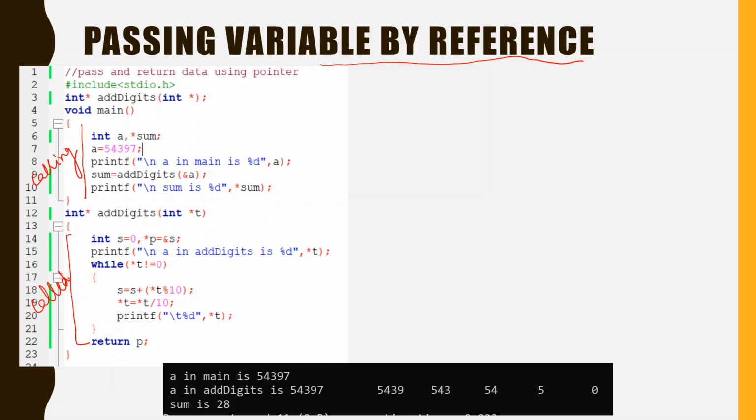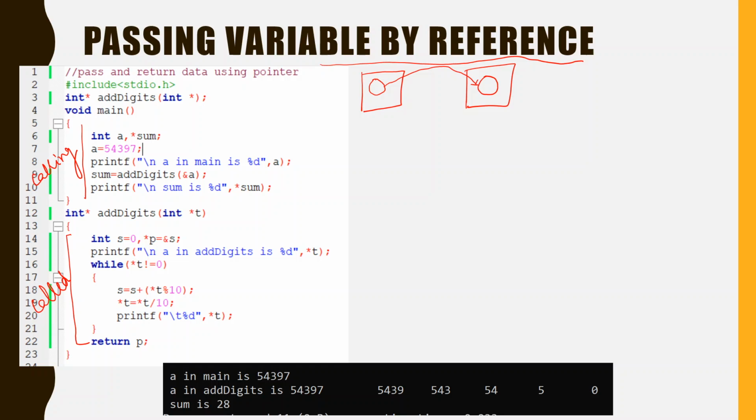In the passing variables by value method, a copy of the variable in the calling function is created in the called function. So if there is some data available here, its same copy is created in the called function.